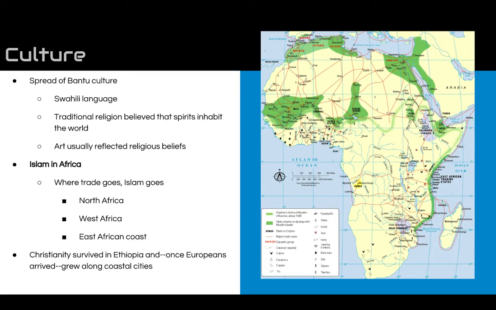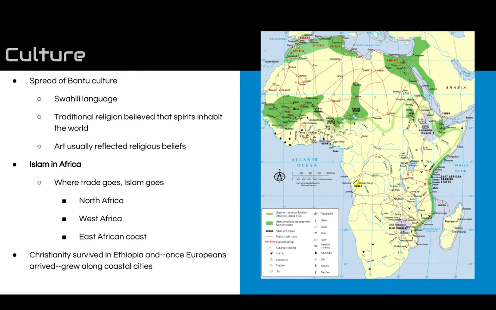Now you have trade, you have political entities. Of course, the one thing we really have left out is culture here. And as I talked about earlier, we saw the spread of Bantu culture with the Bantu migrations. The Swahili language, or what will become the Swahili language, I should say, spreads throughout sub-Saharan Africa and then morphs into the thousands of dialects and different languages found in sub-Saharan Africa. Kind of traditional religious beliefs that you would find in sub-Saharan Africa, although we don't have enough time to really go into many of them.